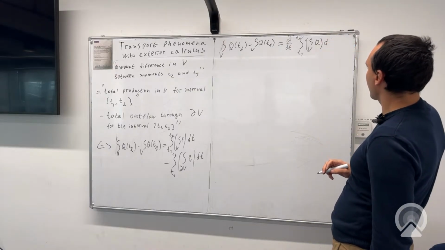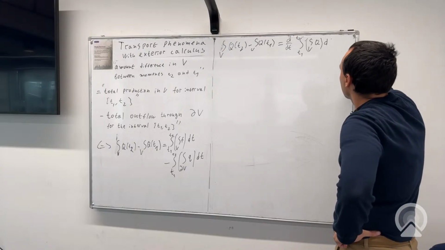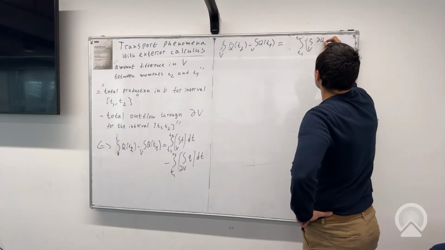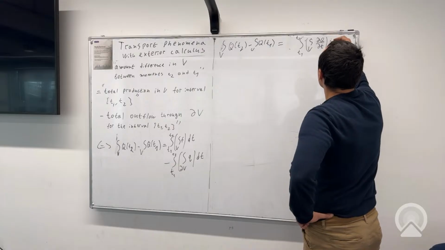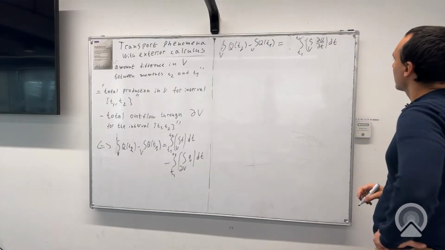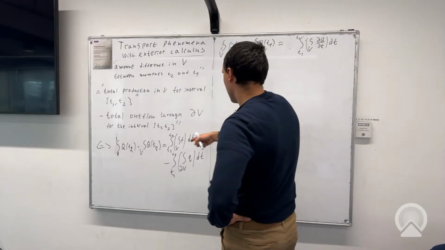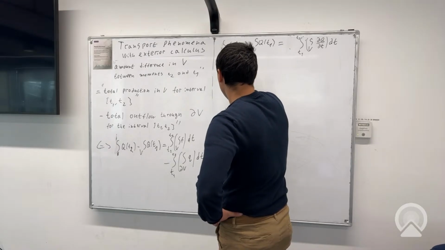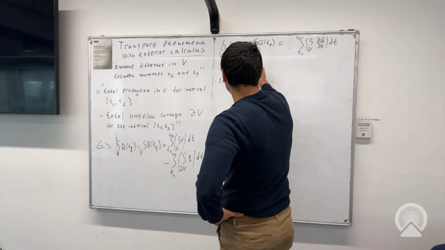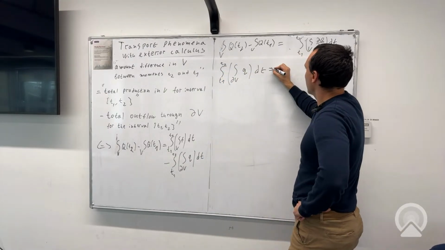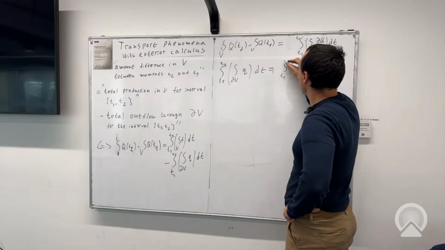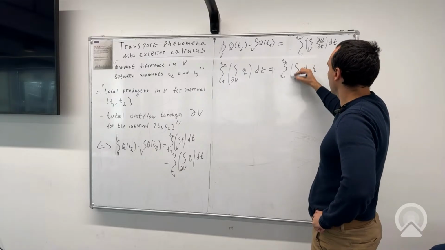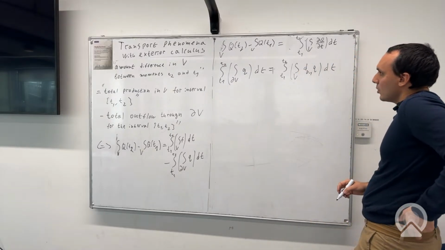This is the same, and the integral over T0, T1 of the boundary of Q, with respect to dt, is the integral over T0, T1 over V of d of Q